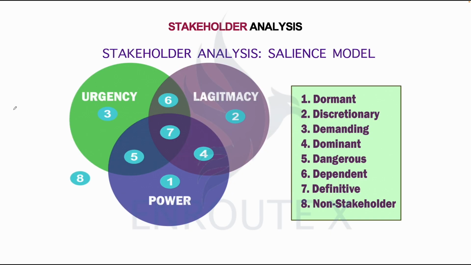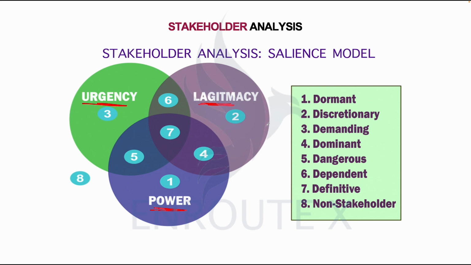So here we are looking at the stakeholder analysis under what we call the salience model, where, pardon this error, this is legitimacy, and we have the urgency and power. It's just similar to what we have there, but there are three regions here. This is what we call the Venn diagram, I believe. Okay? So we have that which is urgent, that which is legal, and that which comes with power.